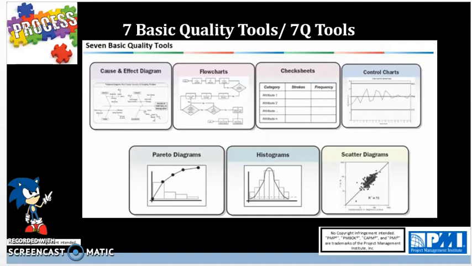Then you have check sheets or checklists, which assist in making sure you did not miss any steps in the overall process to achieve quality. Control charts also are useful because they assist in making sure that we create a product within the specifications or specification limits given by the customers, along with internal control limits, upper and lower control limits. Then you have Pareto diagrams, which determine the most frequent occurrences of a problem,